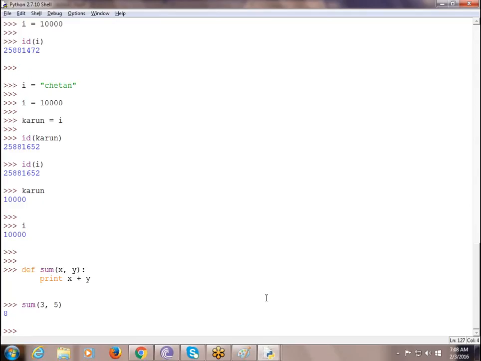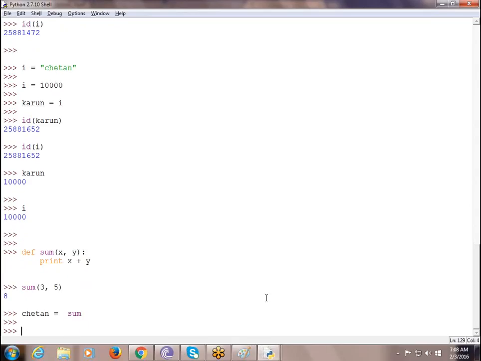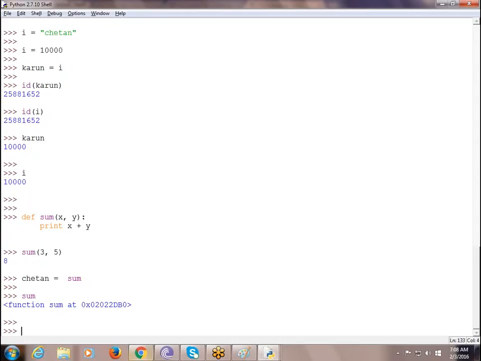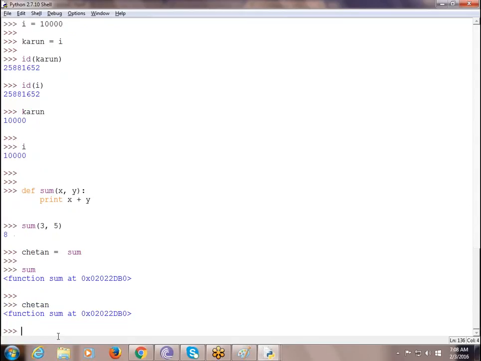Now my intention is, observe here. If I give Chetan is equal to sum. So what exactly here, sum is a variable. Here this sum is a variable which is referencing towards this location, this object location. Now if I print Chetan, observe the difference.